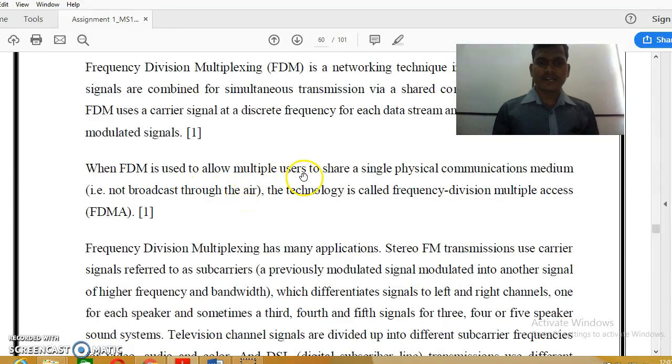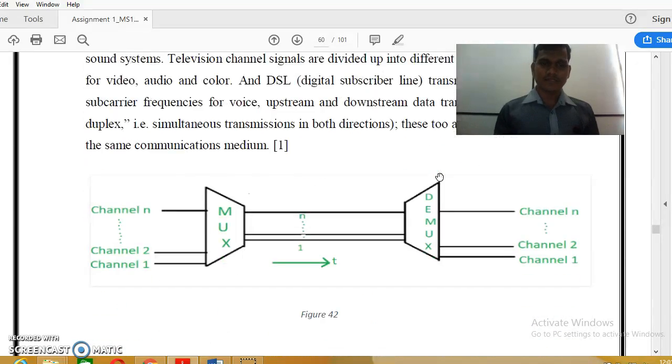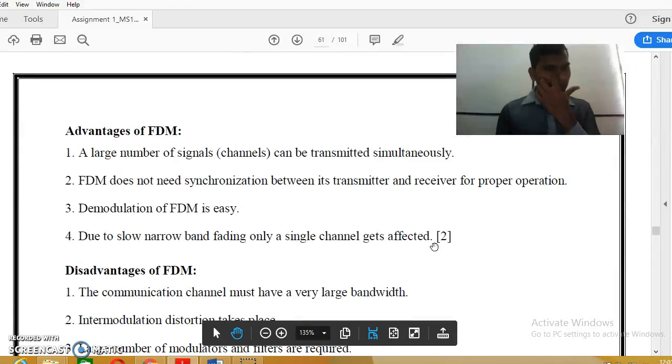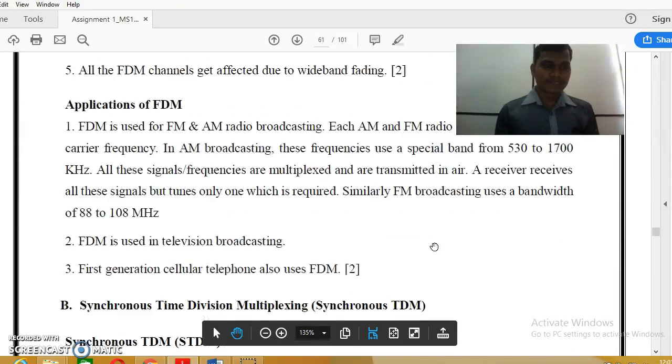FDM allows multiple users to share a single physical communication medium. This is the figure for frequency division multiplexing. Then the next one is